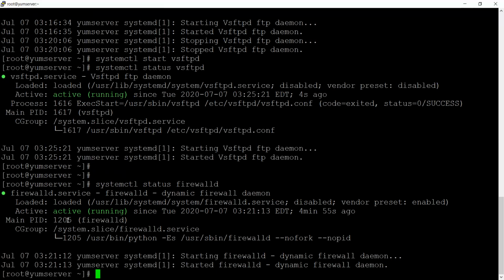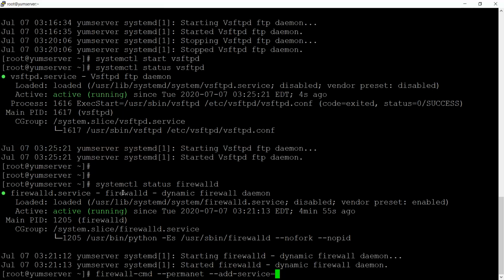Either we can stop this firewall or else we can add the FTP service to the firewall. If you want to add the particular service, we need to use the command firewall-cmd with --permanent --add-service equal to the service, or else we can go with the port.